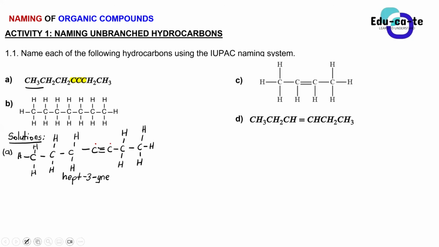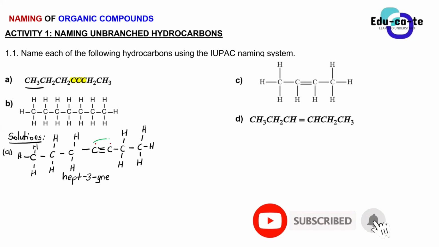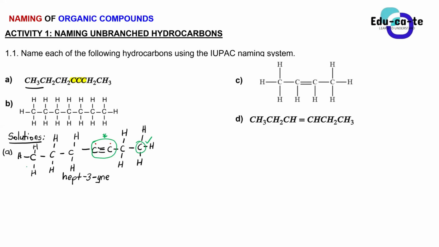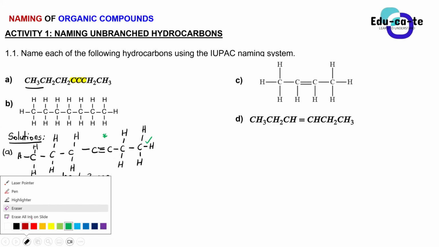Why are we counting from right to left for this compound? So that the carbon that has a triple bond has the lowest number possible. Yes. So basically the carbon having the triple bond, which is our functional group, is way closer to this carbon here, so we'd rather count from this carbon rather than counting from this one. Okay, so if you guys have been following up with the previous session, I showed you how to count the number of carbons. You count from the carbon that is closest to the functional group, so that the carbon having the functional group would have the lowest number.